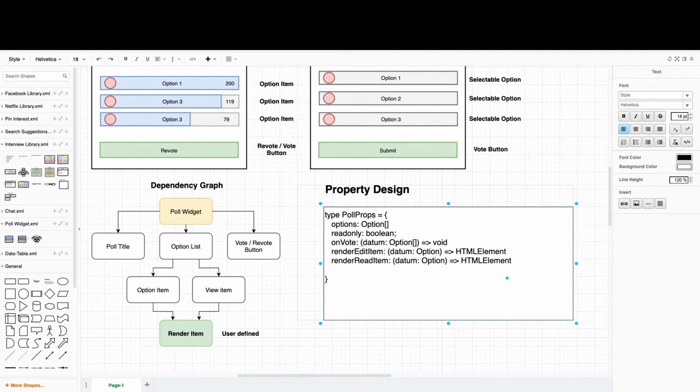Okay, we have the render edit item, render read item. Let's think of other stuff we probably need. So we have on vote. Yeah, I think this is enough for the poll props. And let's think about the